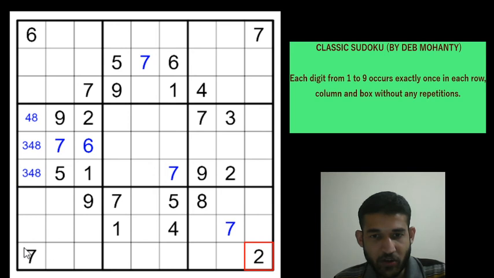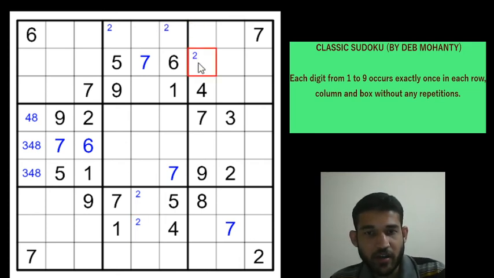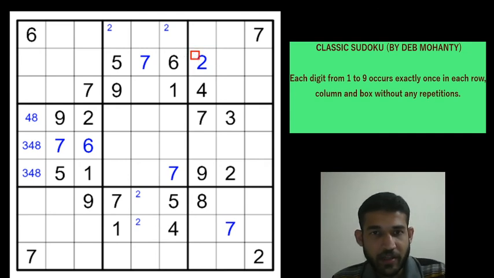Okay, there is a 2 in row 9. We can pencil mark 2 in box 8 in one of these 2 cells. And because 2 cannot be in column 5, 2 in box 2 can only be in one of these 2 cells. And now we can get the 2 in box 3 because 2 is in column 8, 2 is in column 9. So 2 is in one of these 2 cells, but 2 is in row 1 as well. So you get the 2 in box 3 in row 2 column 7. And that narrows down 2 in box 1 to one of these 2 cells.